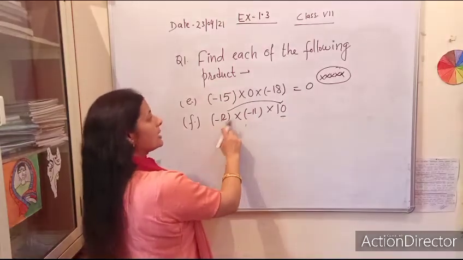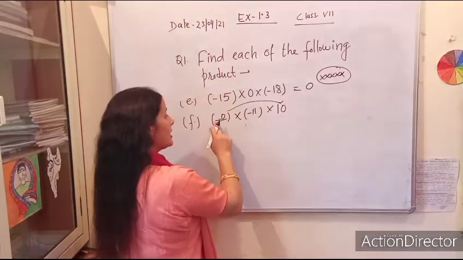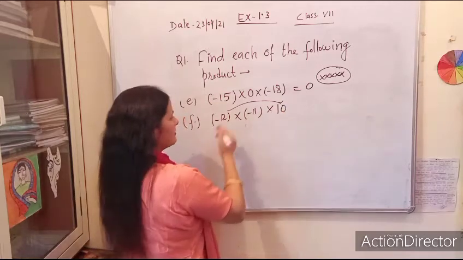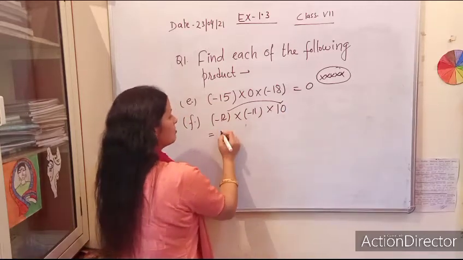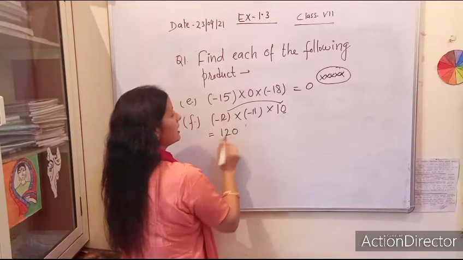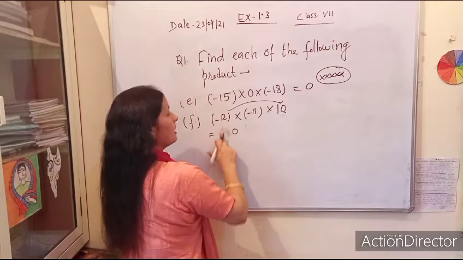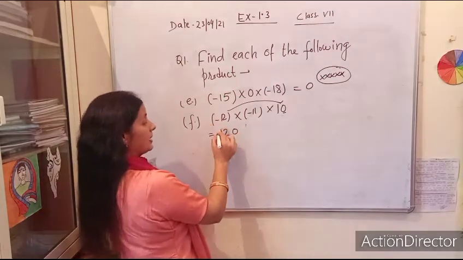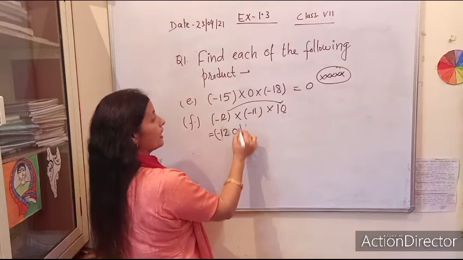So I am choosing minus 12 and 10 first. Here is a minus sign, here is a plus sign. 12 times 10 is very easy. In the multiplication, first we will write 12. I have told you that if there is 0, then place 0 first and write down that number. Place 0 first and the number is 12. But here is a negative sign, so I will place the negative sign also here.